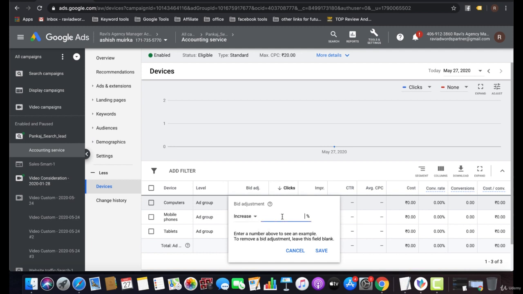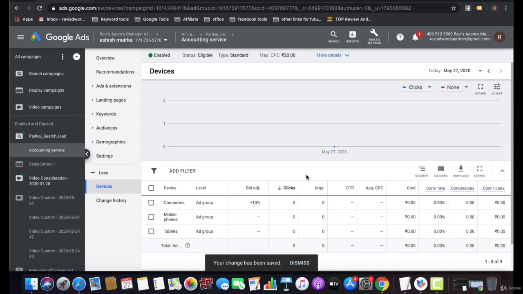Or if you want to show your ads more to computer users, you can add 10%, so if you are bidding 10, then for computer users it will go to 11 rupees CPC.